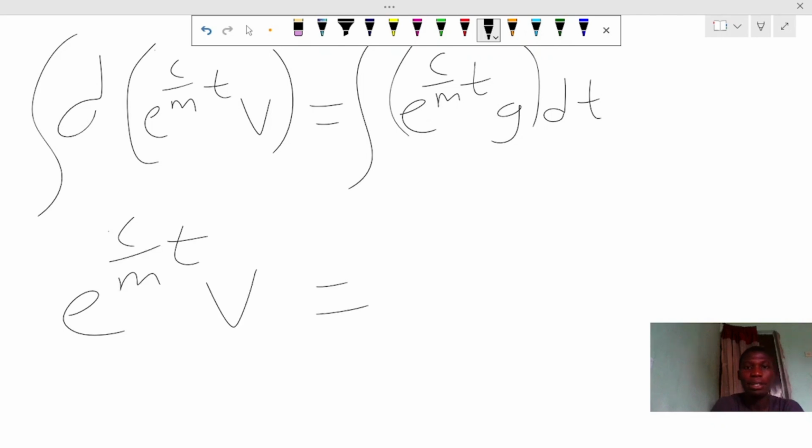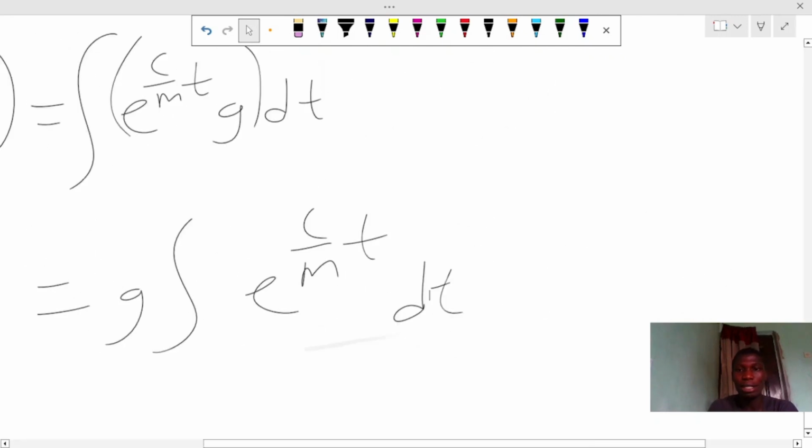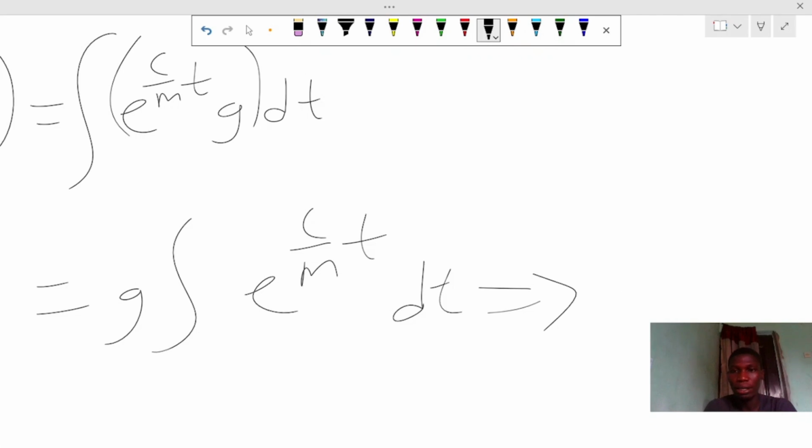V equals, now g is a constant in this case, because in this model g represents acceleration due to gravity, so it's a constant. So g comes out, and now we integrate this with respect to t, and when we do this, we are going to get